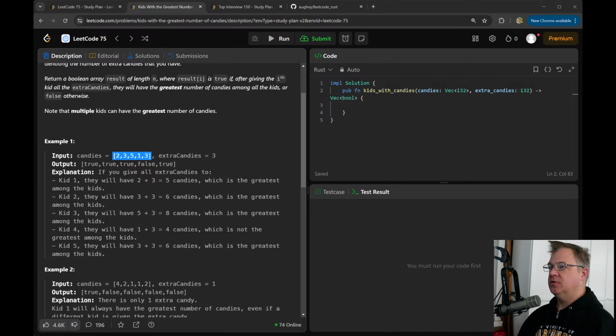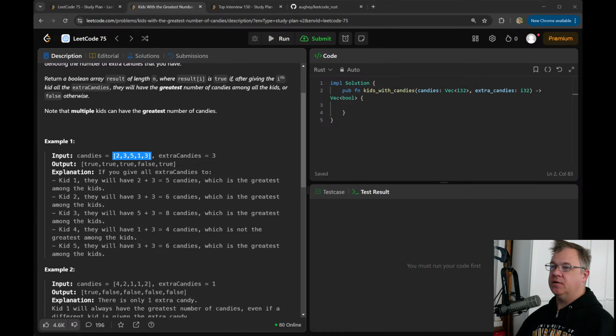It's an option because candies may be empty. That's fine. I think this will still work. Yeah, we can keep that a reference for now. We do copied. Yeah. Okay.